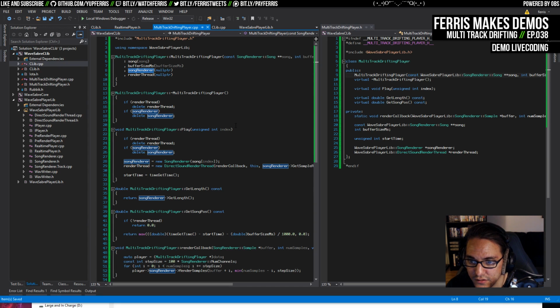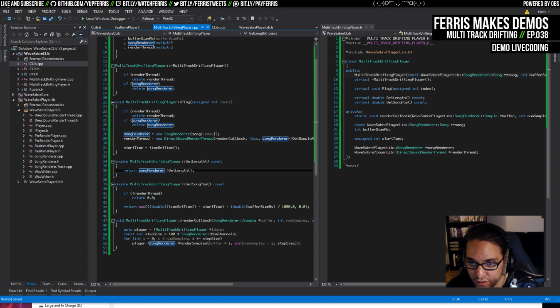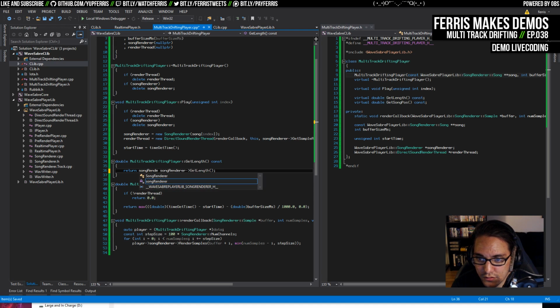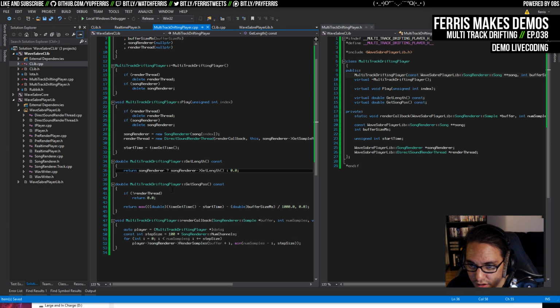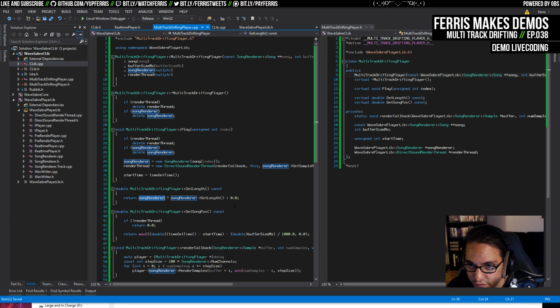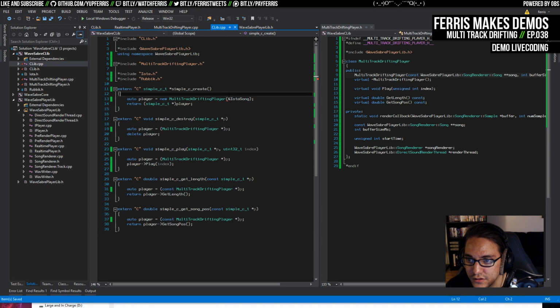And then in stuff that uses this, for example, get length, we're going to do if song render is not null, otherwise we're just going to give it 0. And then I think we're okay for everything else. That looks good to me. And then at the top level stuff,